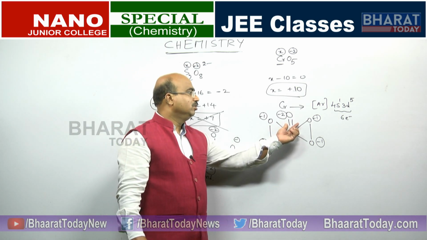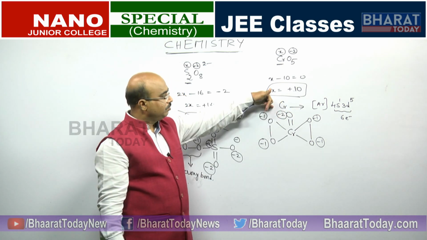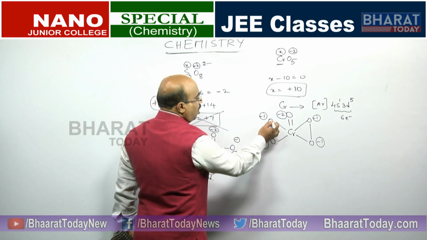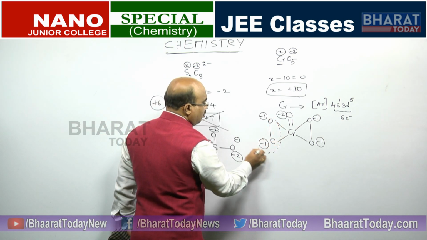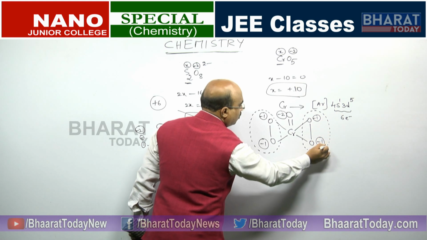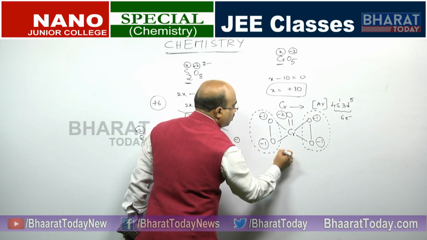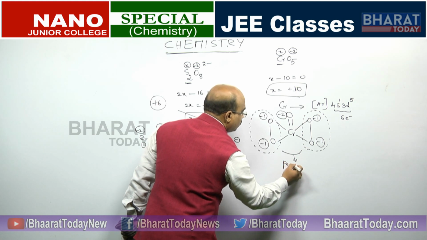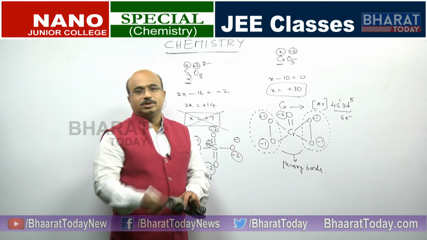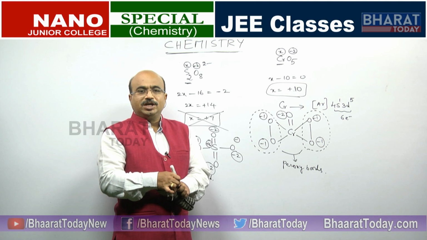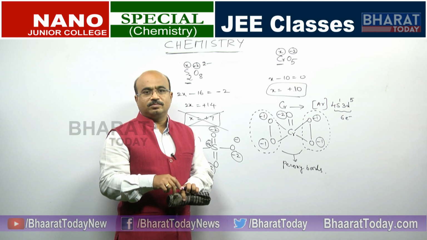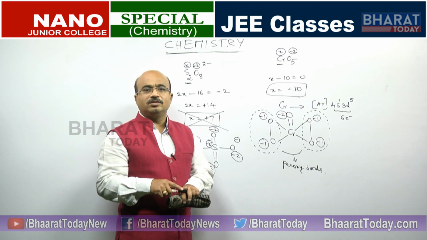Because there are two bonds, these two bonds will move towards this oxygen. So, what is now this bond between oxygen and oxygen, where the oxygens are in -1 state, here also the oxygens are in -1 state, we call these peroxy bonds. So, how many peroxy bonds are present in this? There are 2 peroxy bonds. Clear?